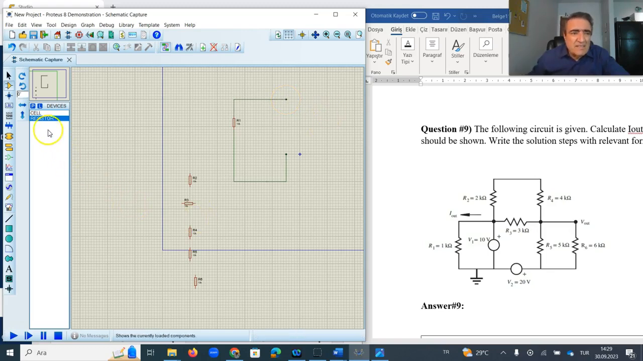Okay, then I can bring my cell here. This is cell. And complete the connections. And here we have, okay, this is,